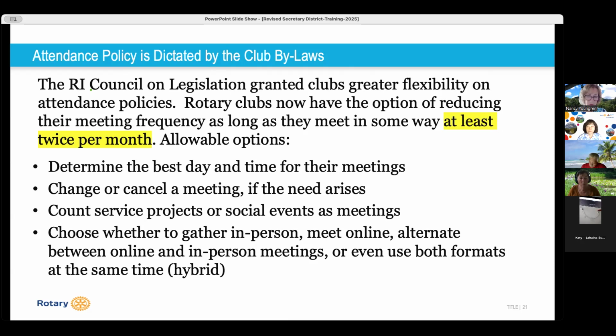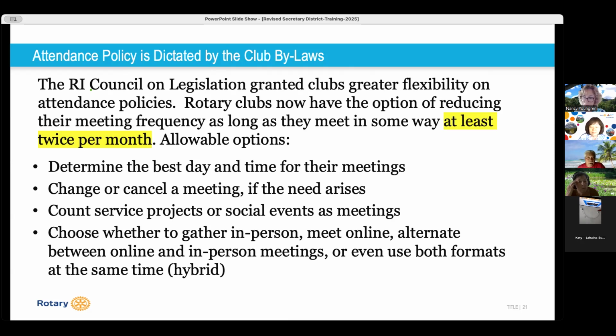Naomi, again, if you want to weigh in on different ways that people can meet the twice per month meeting requirement. So the format could be committee meetings. So everybody gets into their committee and they have a meeting. Or it could be a service project. It could be just a talk story. The format can be very flexible, but the rule is you need to meet twice a month. It doesn't have to be a regular formatted meeting.